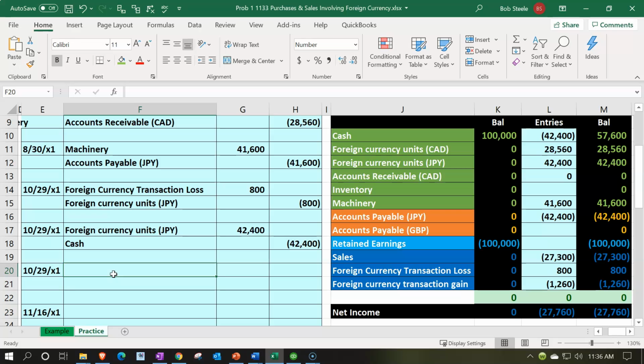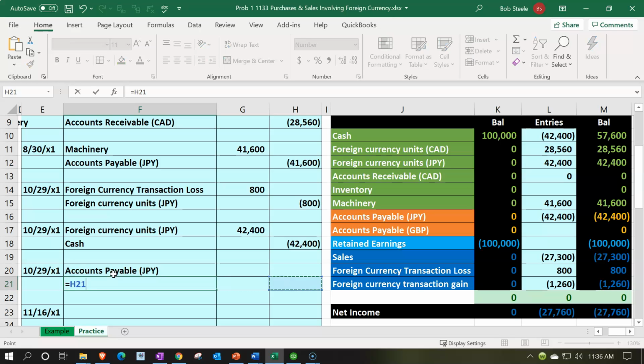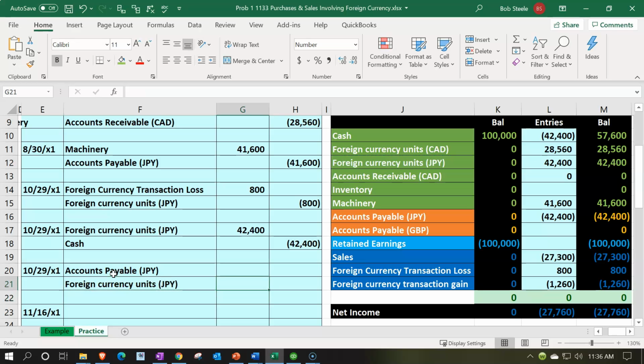In terms of a journal entry, we're going to say, well, we're just going to pay off the payable like we normally would, which is going to decrease the payable, and we're going to pay it out of cash. It just so happens the cash isn't US dollars, but now is in foreign currency units. So we're going to do that transaction, similar to paying off a payable, that would look like